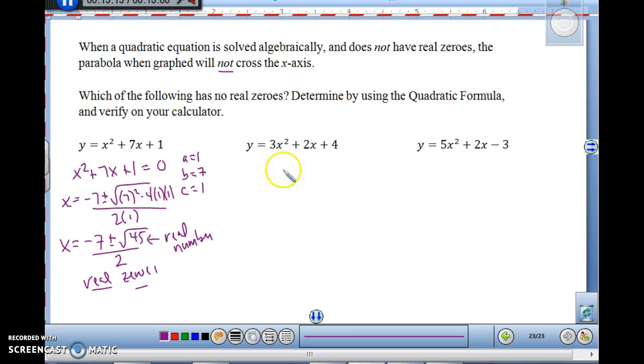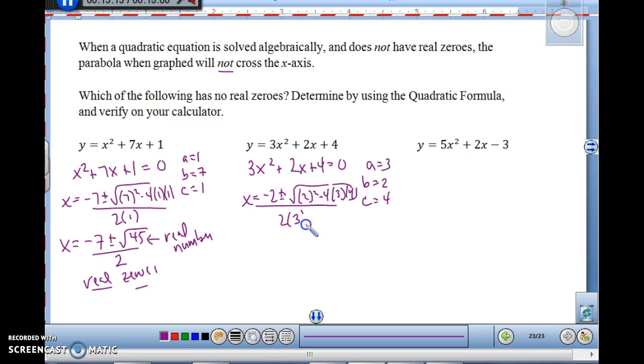All right, so let's take a look at this one. 3x squared plus 2x plus 4 equals 0. a will be 3, b will be 2, c will be 4. x equals negative b, which is negative 2, plus or minus the square root of 2 squared minus 4 times 3 times 4, all over 2 times 3. Now when I do this, I get negative 2 plus or minus the square root of negative 44. So this is